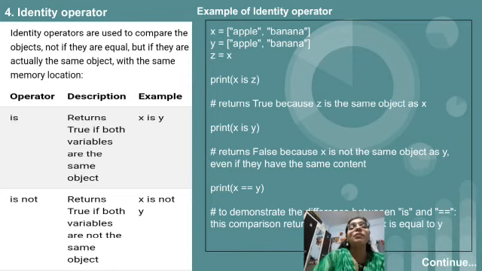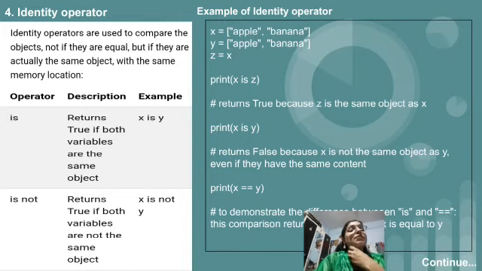Means we have copied the value of the x array into z. So this line we have written. First we have written print x is z. Like the last statement we have written z equal to x, meaning x and z are similar. So the answer will be written as true.